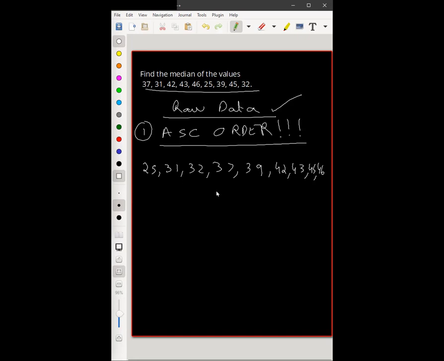So median. What is median? Middle value, right? It divides the data set into two equal halves. So it'll be some value within something around here, which divides it into two equal parts. So our range is from 25 to 46. So can 9 be a middle value? You don't even think. How can 9 be a middle value of 25 and 46?